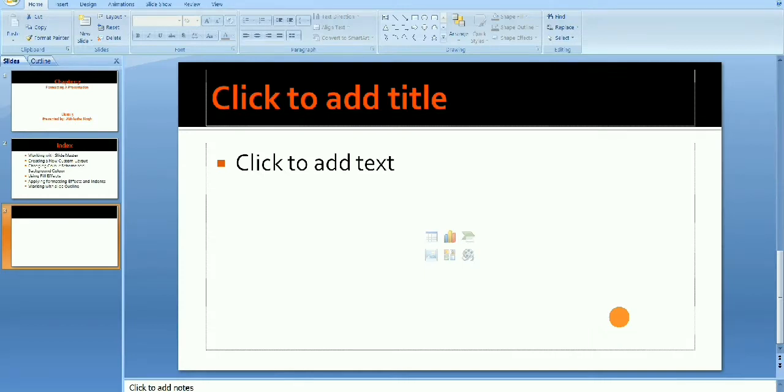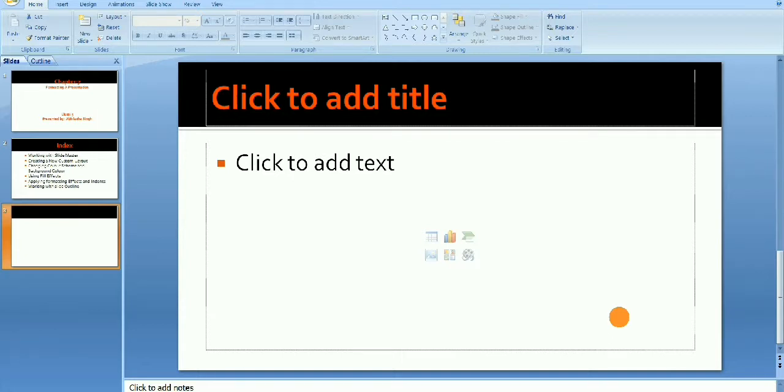Slide Master. Before telling about this, I want to tell you what is a Slide Master. Slide Master is an element of the templates that store information that includes font style, placeholder size, position of text and objects, bullet style, background design and the color scheme. Means overall it has all the master features. That is why it is called the Slide Master.